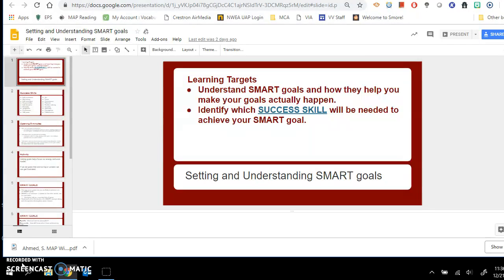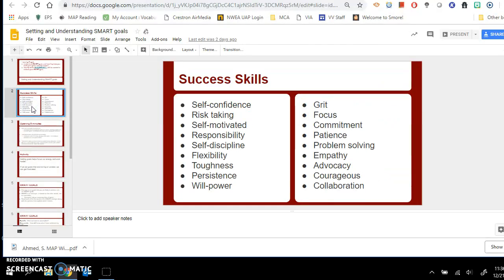And something we wanted to add was a success skill, because that really is more important than improving in your math class or getting an A on your next social studies test. And so we're going to start moving kids, or transitioning, into that line of thinking. So there are their learning targets, and here are your success skills.